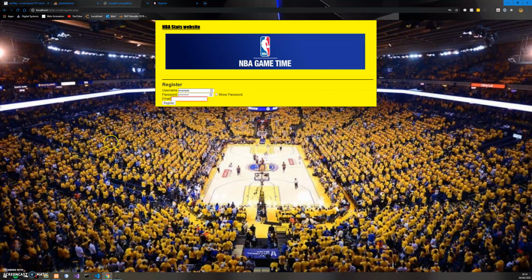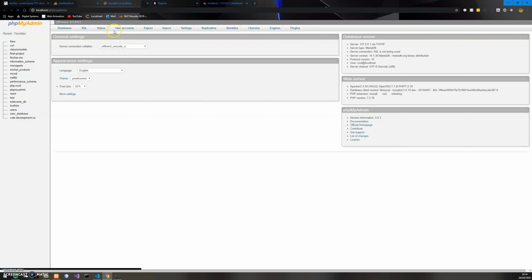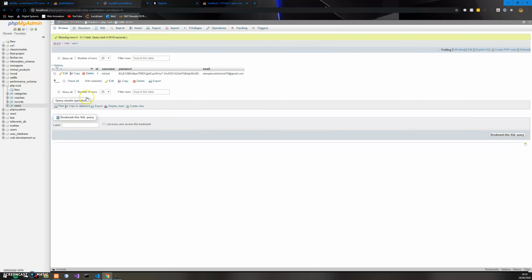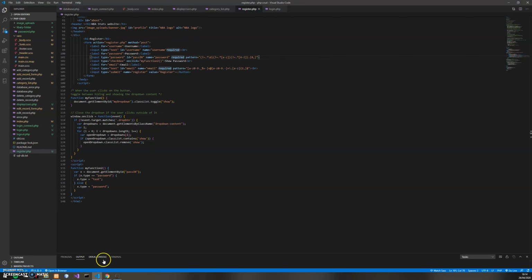Now, if we take a look at example, so here at my localhost website, go to PHP CRUD. This is the users table. You can see here that the password has been hashed and salted and imported into the database. So then I just copied stuff back into the database using, where is it? Display